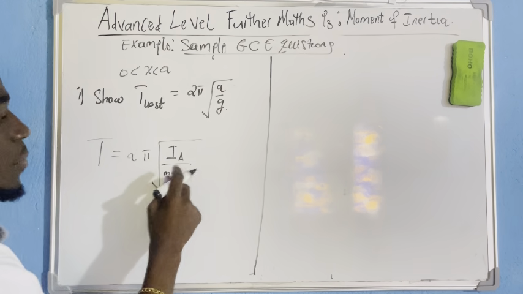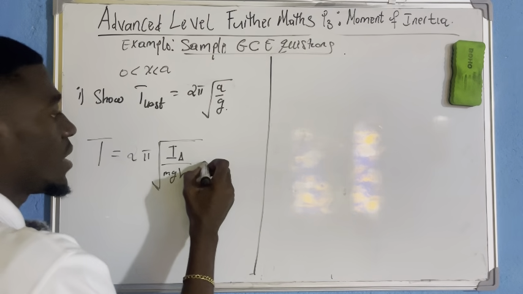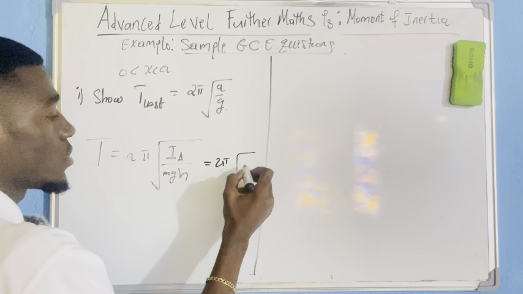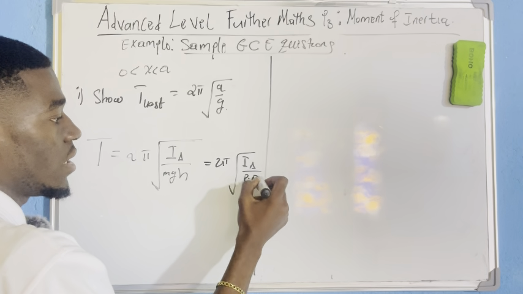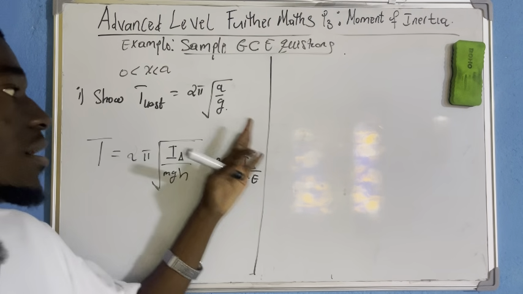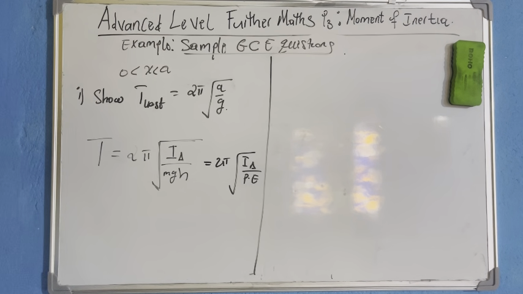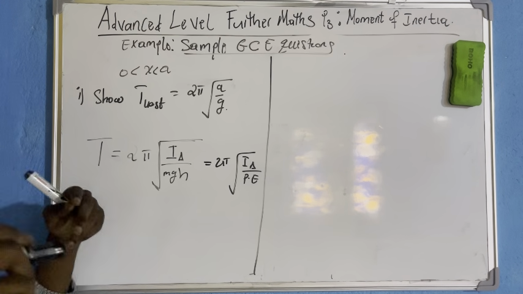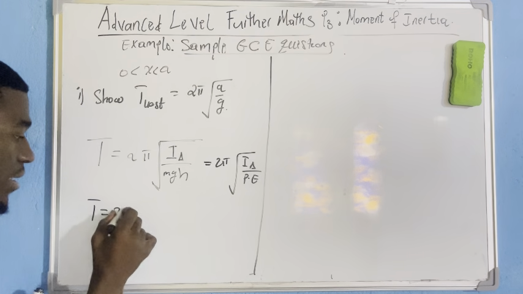It means all over potential energy. So you can also cram it like this: 2 pi square root of moment of inertia about the axis all over potential energy. Now, normally this is the general formula of period of oscillation of a solid body oscillating. Now the period that you people know, this one, T equals 2 pi square root of